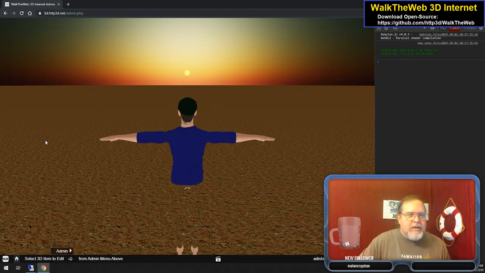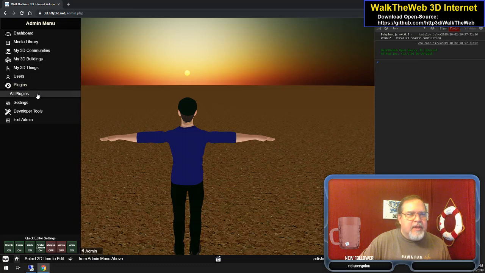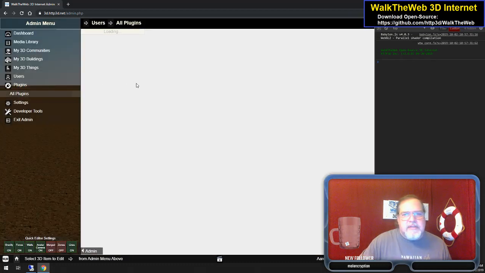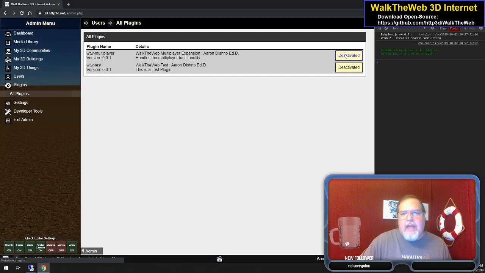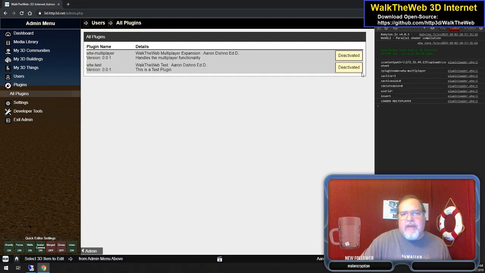So loading up the scene. Go to plugins, all plugins, and here we go. Activate it, and loading back up. Okay, we sent some values and it did the insert, but we're still not seeing it set to loaded. We have the content folders correct. Multiplayer active is 1. It doesn't have those values, so,